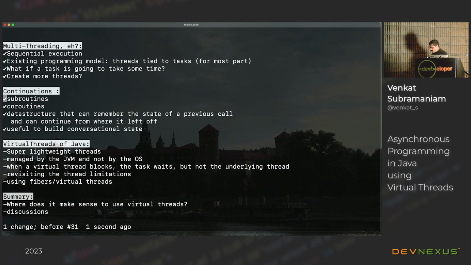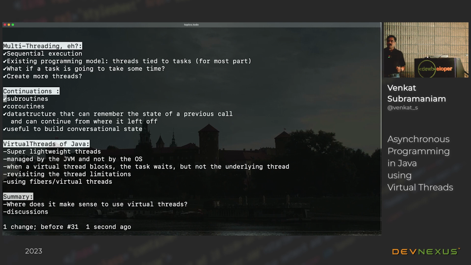But when you have a coroutine, this is a bit wicked, isn't it? Because if you and I are talking, if I ask you, where did you fly in from, and you tell me where you flew in from, and if I ask, how was it, you probably remember the conversation. And how do you know what we are talking about? That's what we do as humans. We have this conversational state.